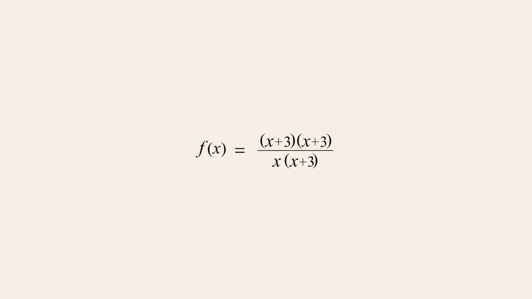Since an x value of -3 will cause either of the numerator factors to be 0, -3 is a 0 of the numerator. Likewise, since an x value of 0 will cause the first denominator factor to be 0, and an x value of -3 will cause the second denominator factor to be 0, 0 and -3 are denominator zeros. Since these x values cause the denominator to be 0, 0 and -3 must be excluded from the function's domain.